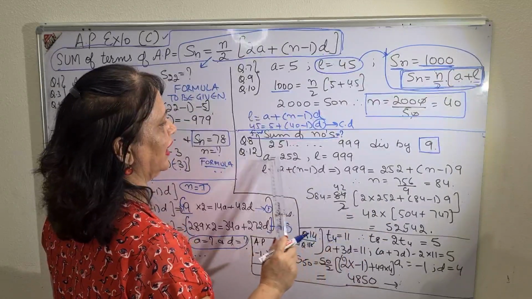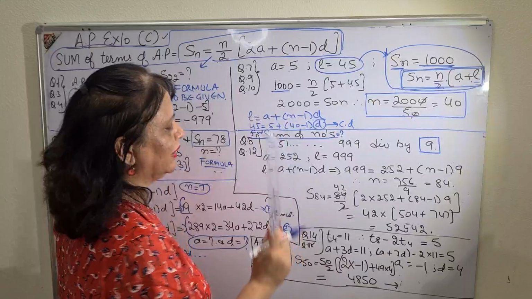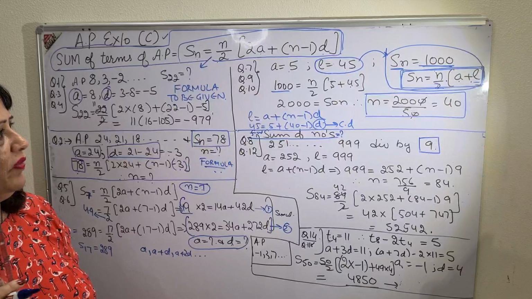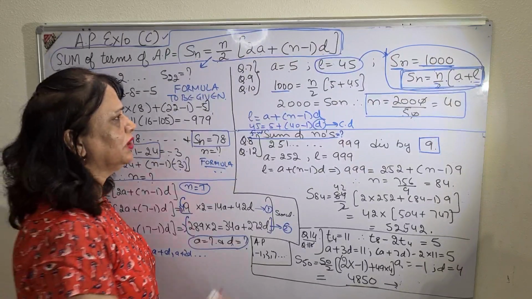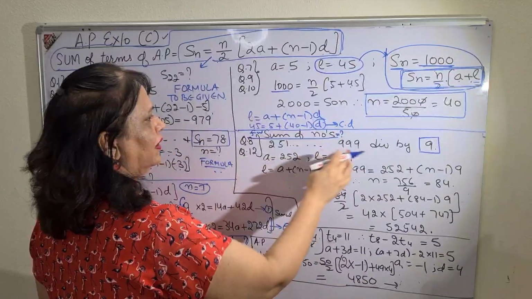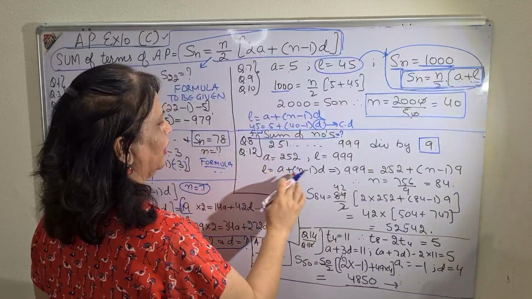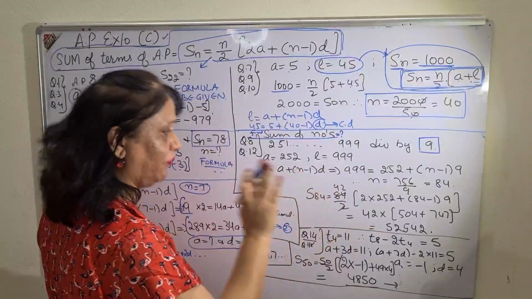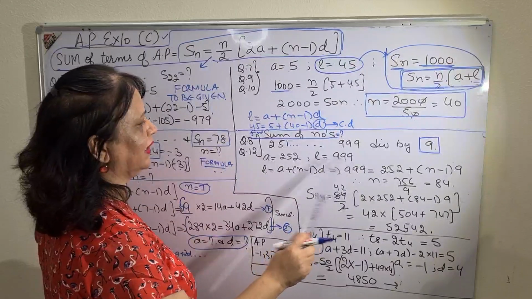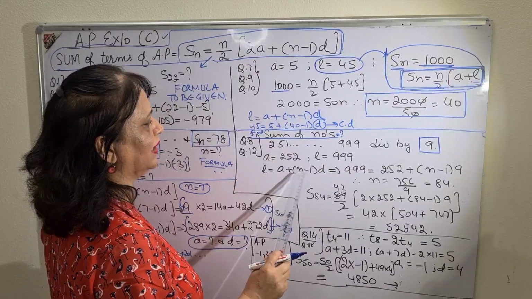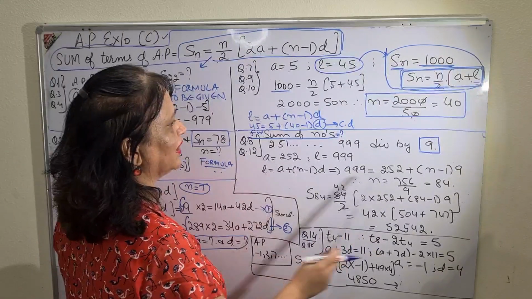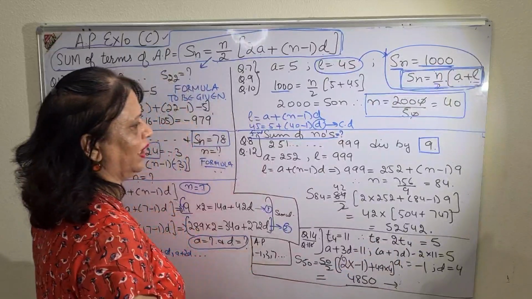So this is L, and again A and L are given to you, but this time they have asked us to find the sum of all natural numbers. So I have to find the value of n here. You can use the formula Sn is equal to n by 2 into (a plus L), or you can use the formula L is equal to a plus n minus 1 into d. Both are formulas, but which one to be used? See, L is 999, and L is a plus n minus 1 into d, a is 252 plus n minus 1 into 9, so I'll get the value of n to be 84.